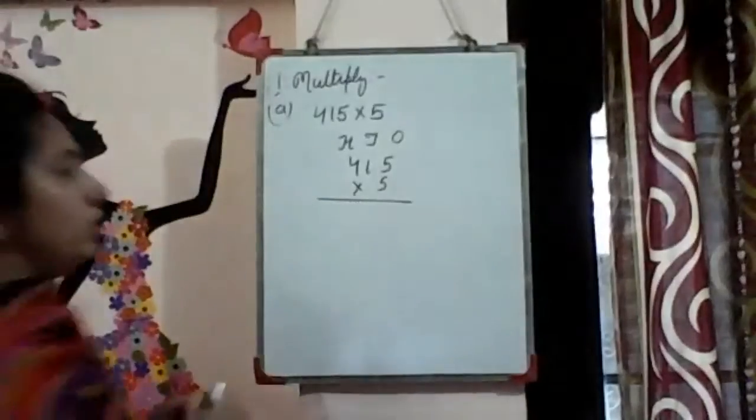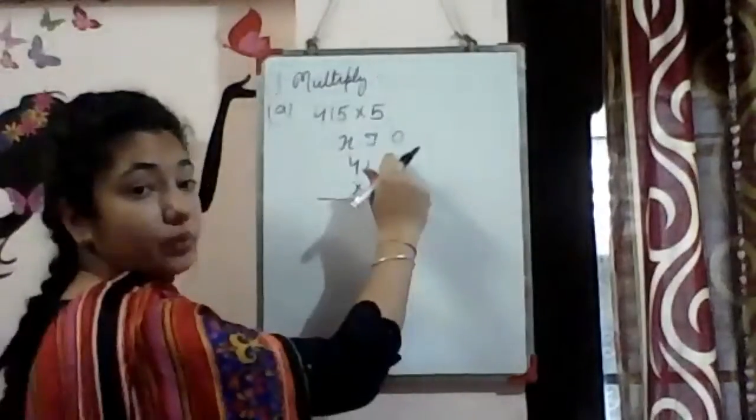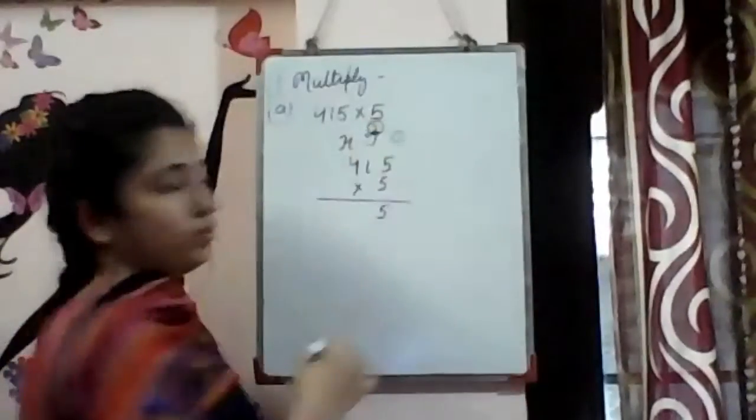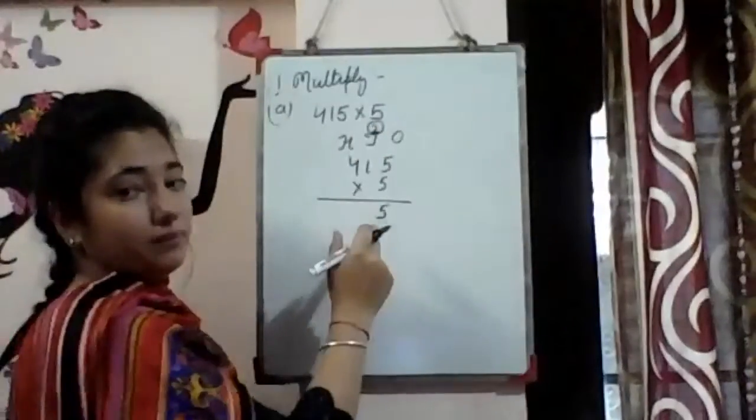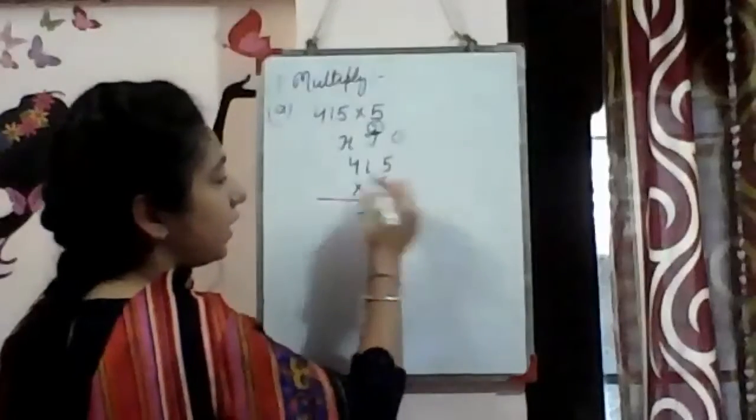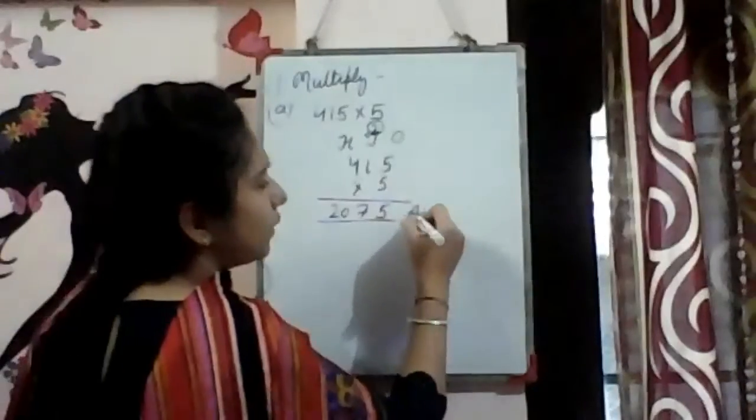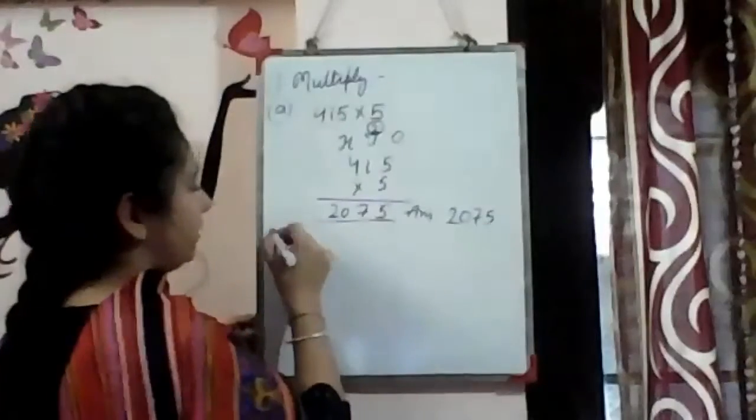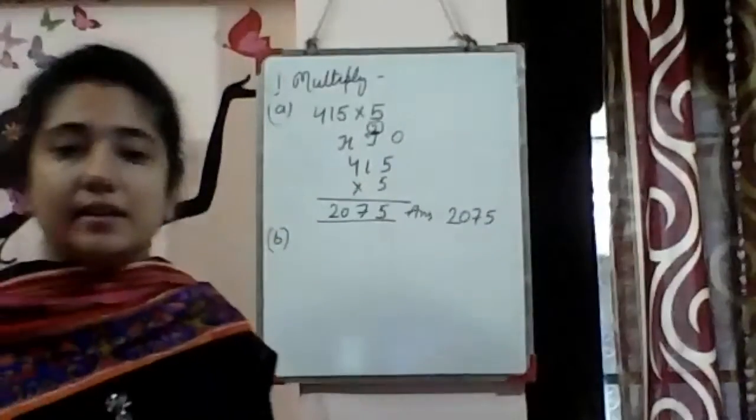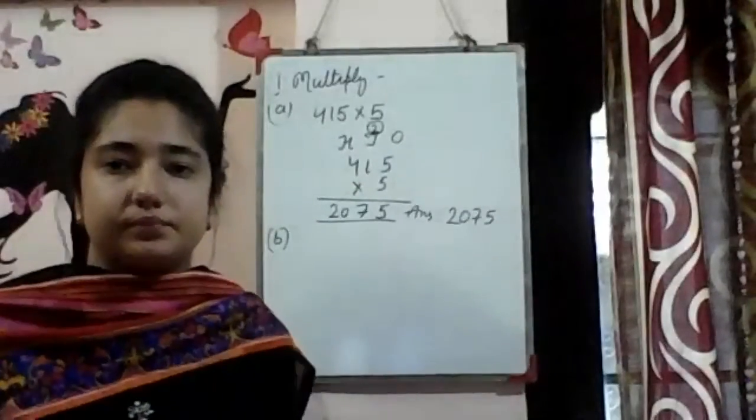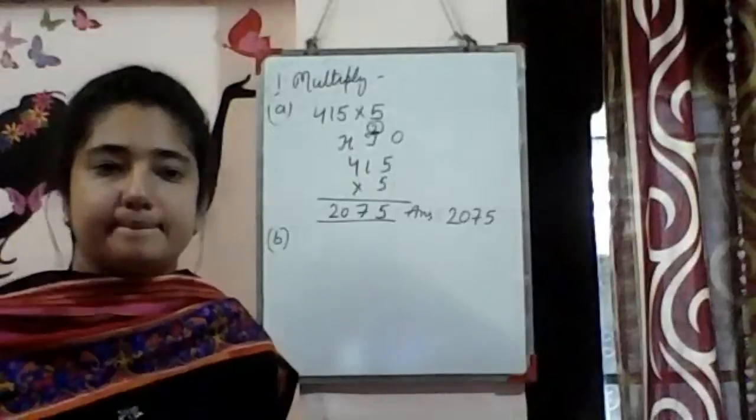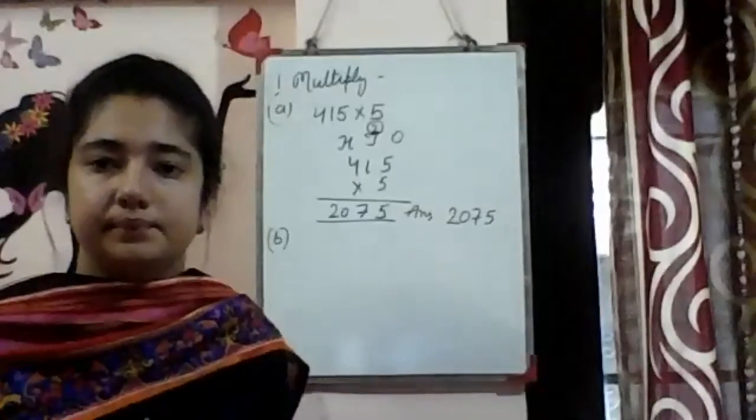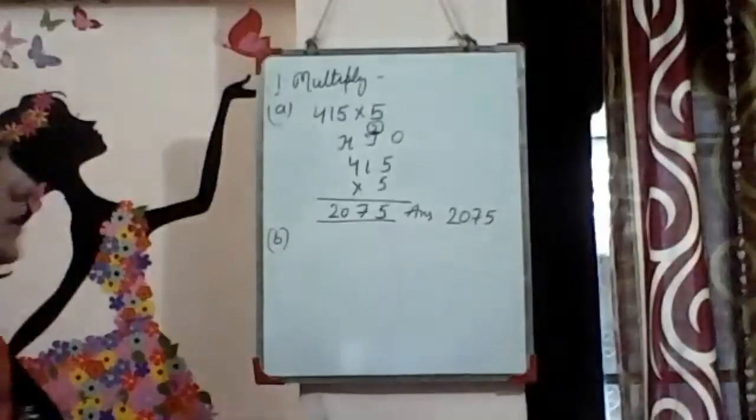Okay, so let's solve this. 5 5s are 25, so 5 will be written here and 2 is carryover. 5 1s are 5, 5 plus 2 is 7 and 5 4s are 20. So it's very easy. Answer is 2075. Simple. Done. So next sum is